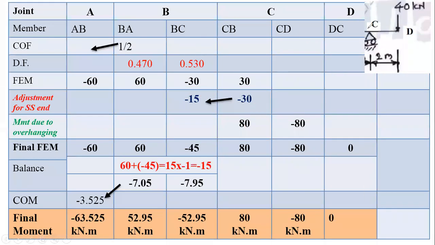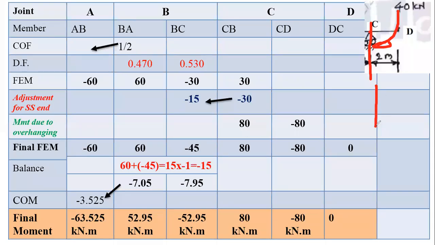Okay, second adjustment. So at this particular joint C, CB साठी अशी movement असेल आणि CD साठी अशी movement असेल. So as per our sign convention, clockwise plus, म्हणजे CB चा असेल plus आणि CD चा असेल minus. If you consider the movement at C, हे 40 into 2 movement कशी आहे, clockwise आहे, बरोबर आहे. If you observe the section CD, movement is clockwise. 40 into 2 movement कशी आहे, nature कसं आहे त्याचं, clockwise आहे.